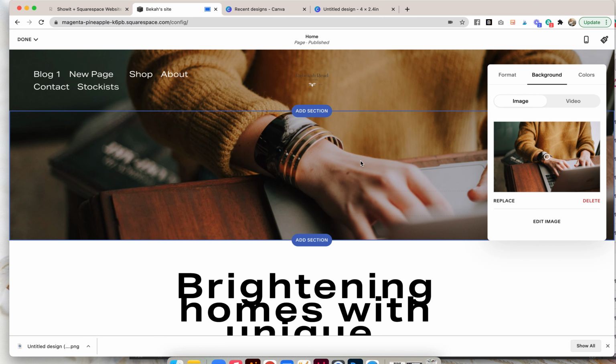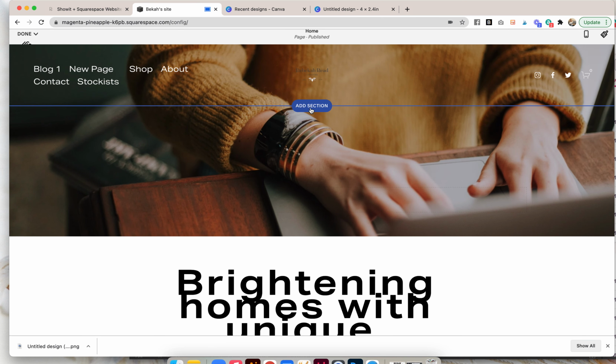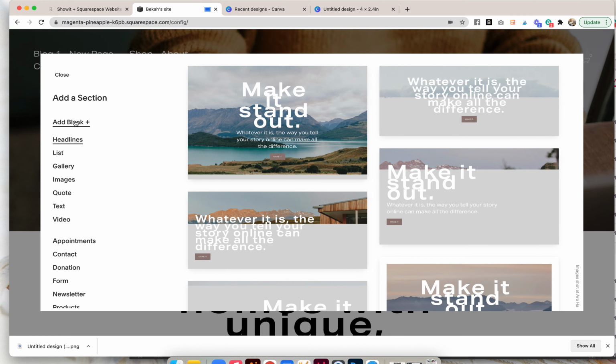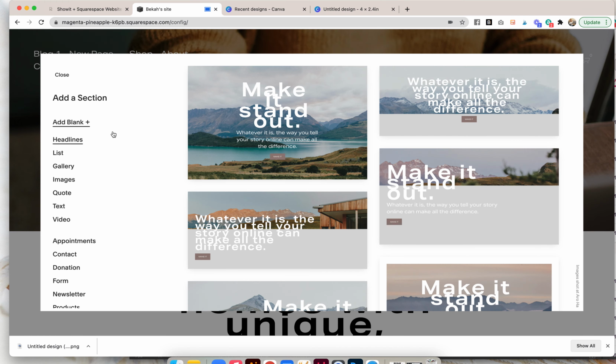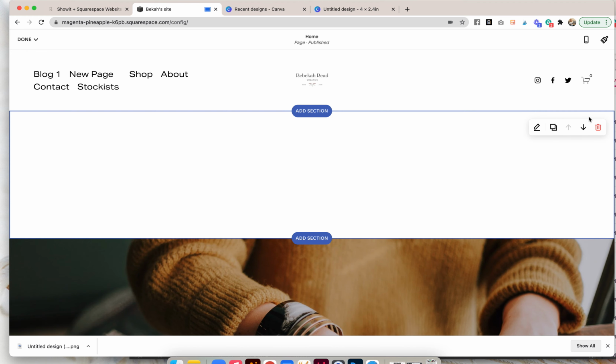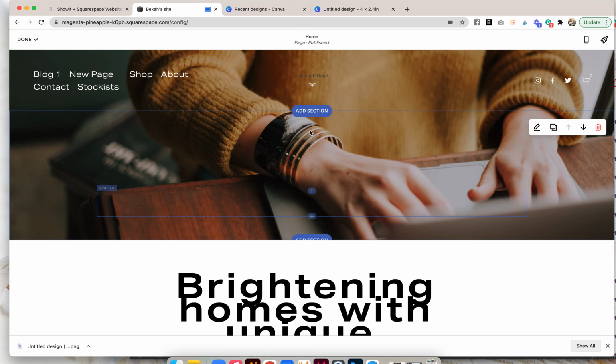And add a section, add a blank section. Actually, no, I don't want a section. Here we go.